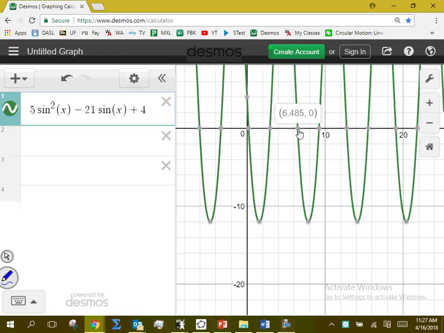Okay, I'm going to add 2 pi to that one, right? 2 pi is 6.28 as a decimal, right? Take that number, add 6.28 to it. Just give you that number. Okay, so